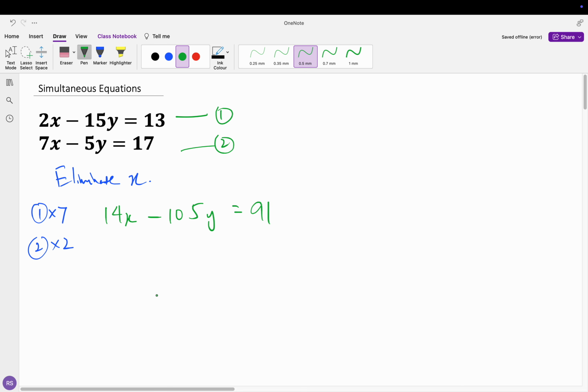And then for equation 2, multiplied by 2, so 7 times 2 is again 14x, minus 5 times 2 is 10y, and 17 times 2 is 34. So now we can assign new numbers, so we can call this equation 3 and equation 4. Now to eliminate